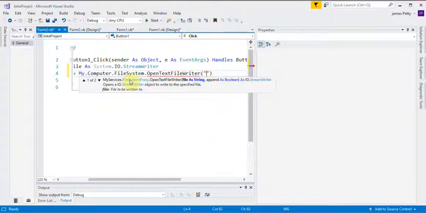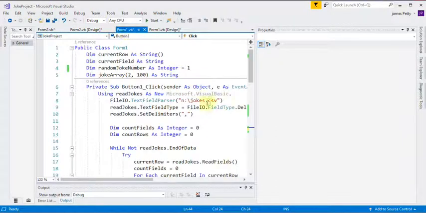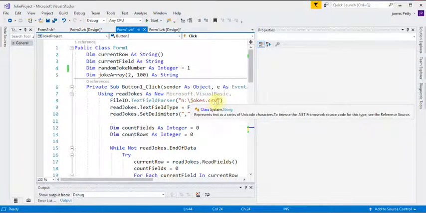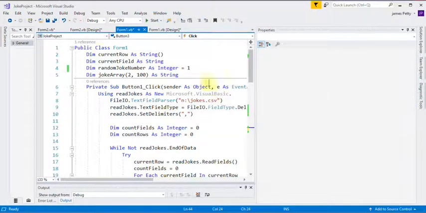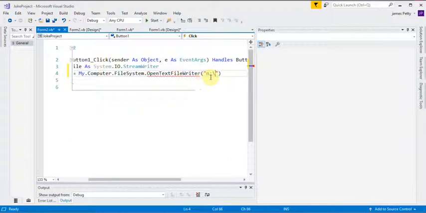I'll explain these in a moment. So I had mine in the end, and I'm just going to quickly check: jokes.csv.